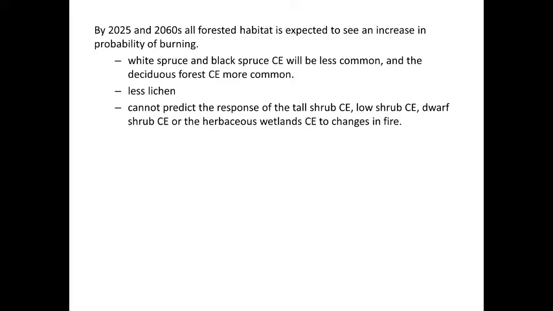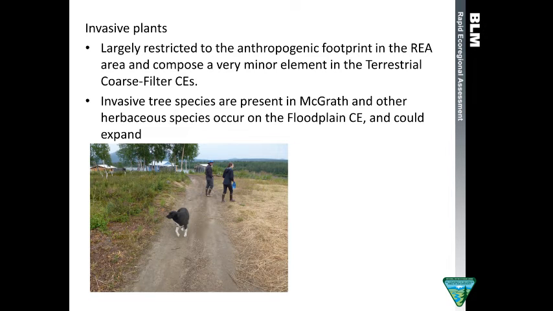I'm jumping ahead. That's okay, I'm sorry to interrupt. No, that's okay. And then we're supposed to see an increase in the probability of burning, and Nancy mentioned this also, it'll probably move towards more aspen and birch instead of black spruce and white spruce. And we didn't really try to predict it for tall shrub and low shrub, dwarf shrub species, because there's really no literature out there on it right now. We could do expert opinion, which would probably work to some extent, but